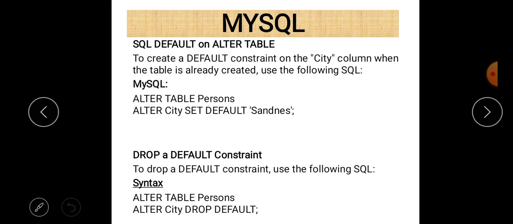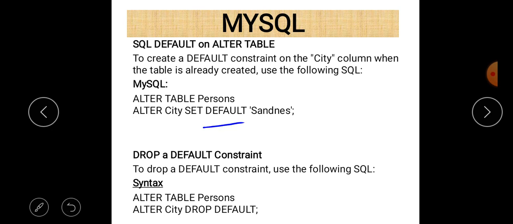And next is default. Basically default is a default value we add for a purpose. For example, if you want to insert an address in an address column in a table customer, and if you forget to enter the address in table customer, then we want that some default value must be there. For that purpose, the default constraint must be used.